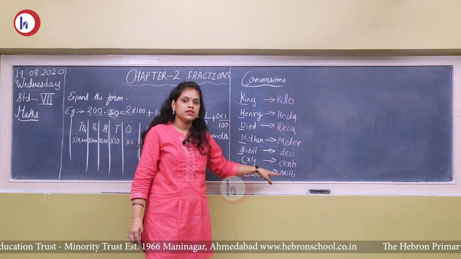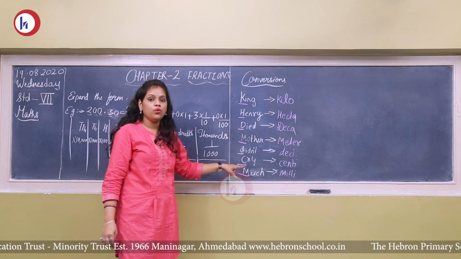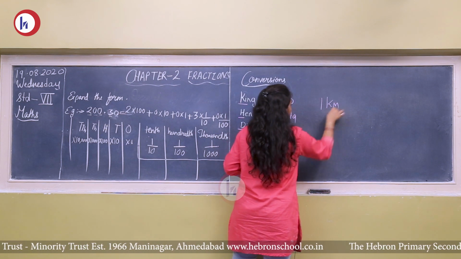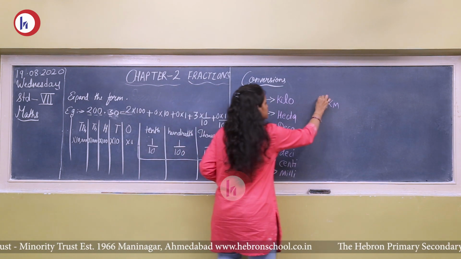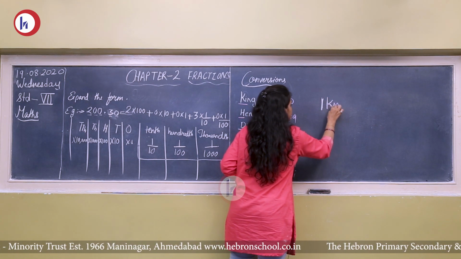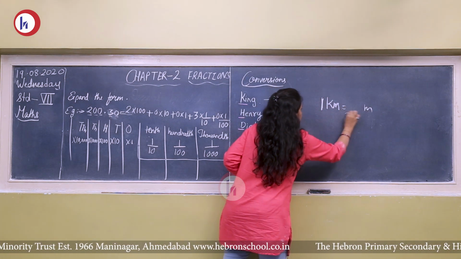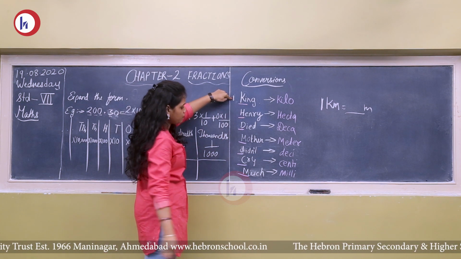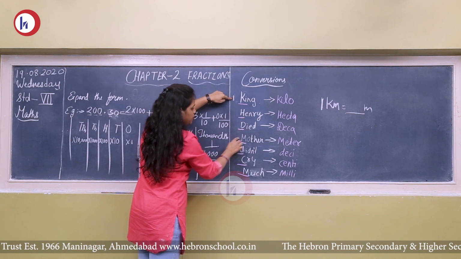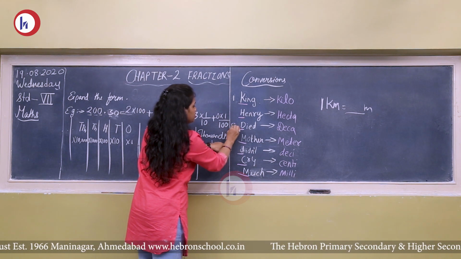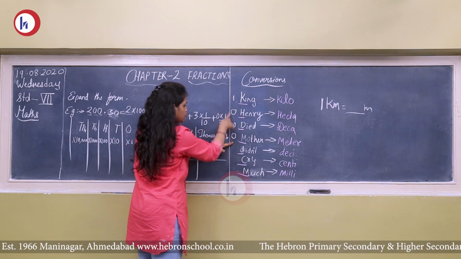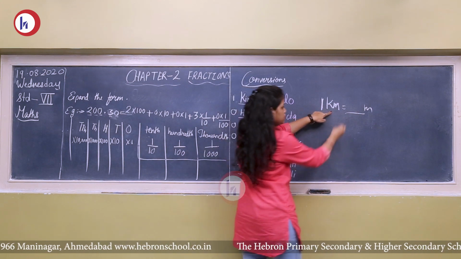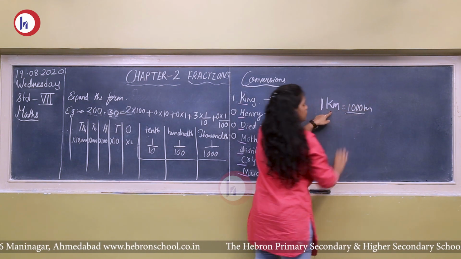Now why I have given this? With the help of this you can do the conversions very easily. How? What is 1 kilometer? 1 kilometer is equals to, if you have to find out, okay, 1 kilometer is equals to how many meters? So what you are going to do, k के पास 1 रखेंगे and what you have to find? Meters. So for meters 1, 2 and 3. So how much you got? 1000. So 1 kilometer is equals to 1000 meter.